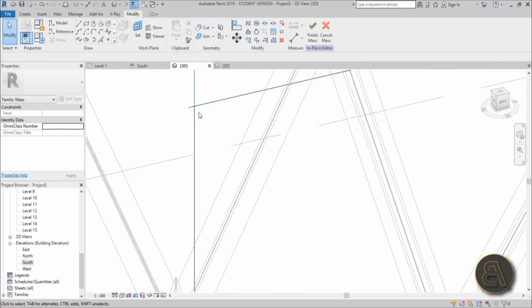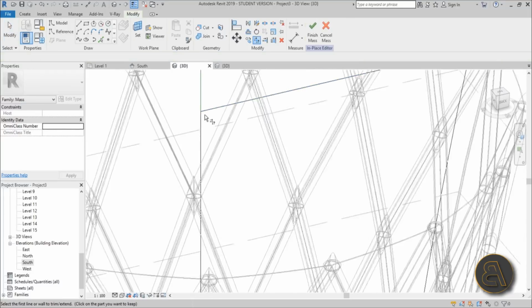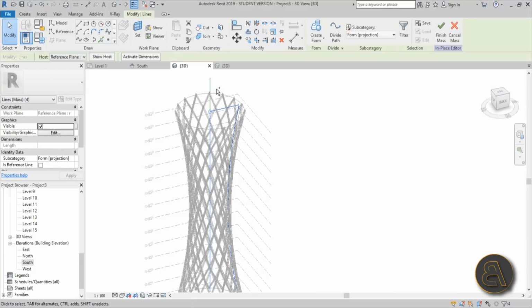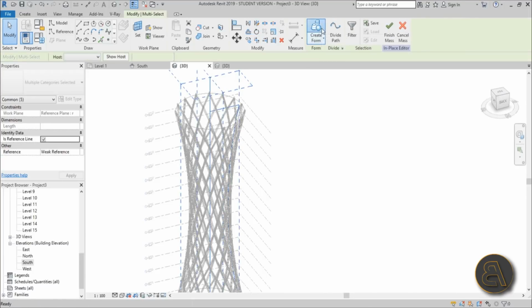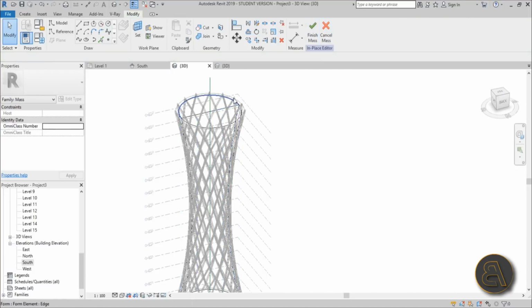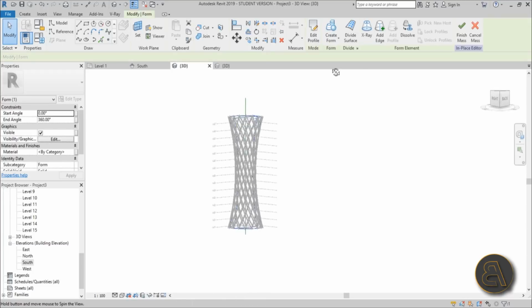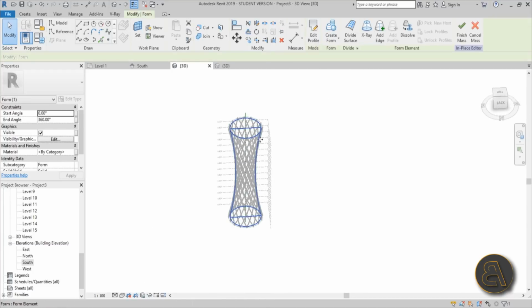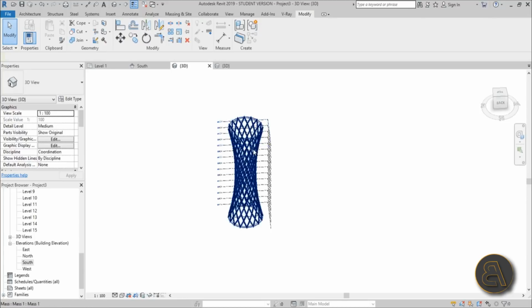As you can see here, it's not closed, so just go into trim and extend. TR is the shortcut. So you select it, you select that thing, you select the reference line, you go create form, and there you go. So you've got your form on the inside of your other form, and you just go here, finish mass,